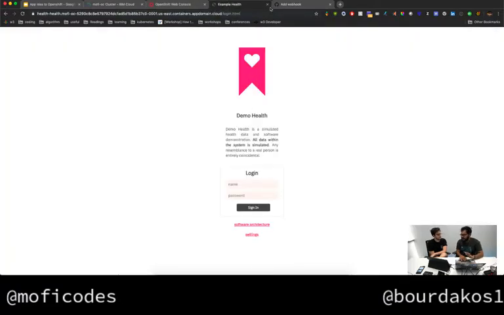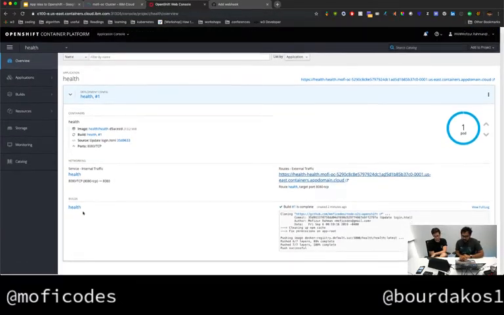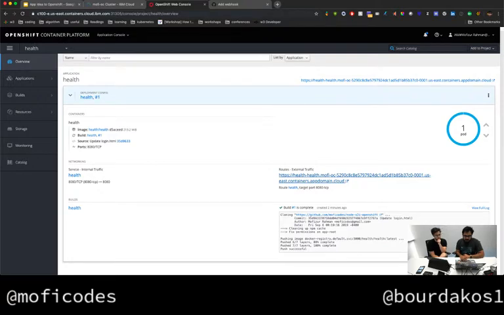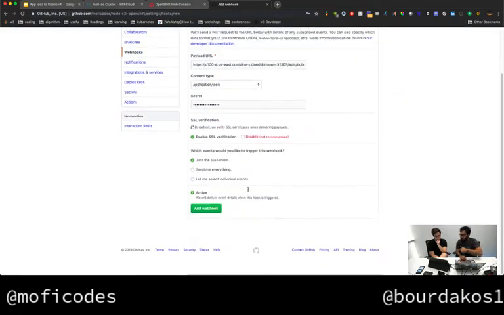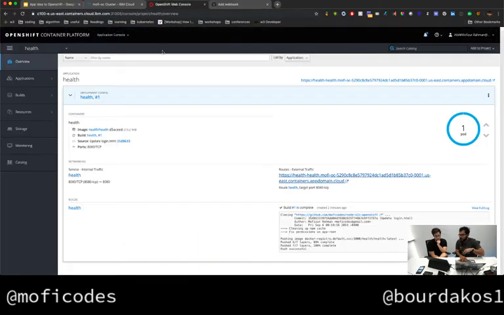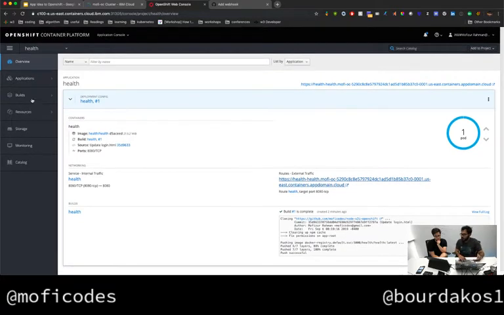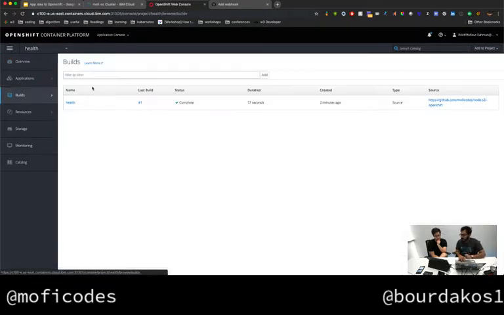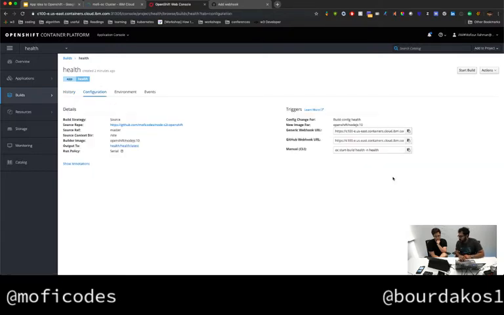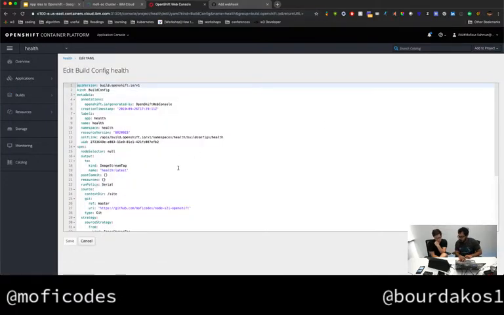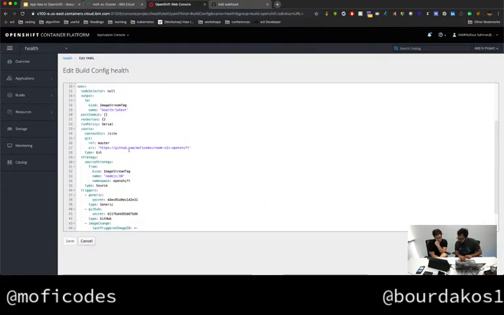And so basically, it's running again as a thing. And what we want to do next is add this webhook. The webhook would be this URL, and the secret we got from there. The thing I wanted to show you, just in case you didn't copy it: OpenShift is nice in that it sets it up actually here. If you lost it there, you'll find it here. If you can't find it there, you can go to the YAML, and the YAML has it there as well. That's the secret,